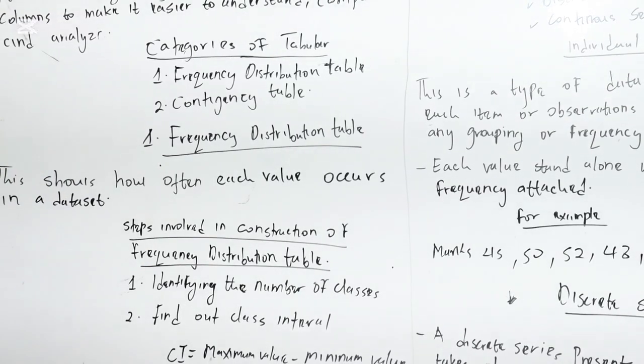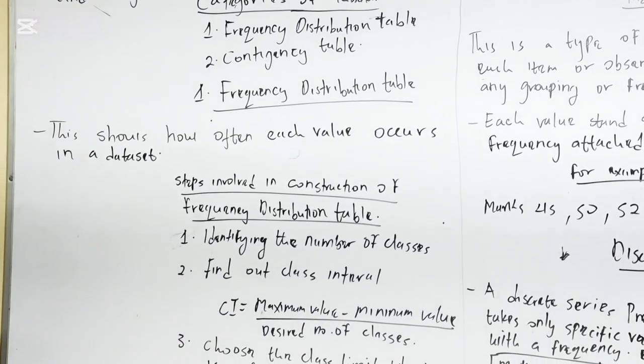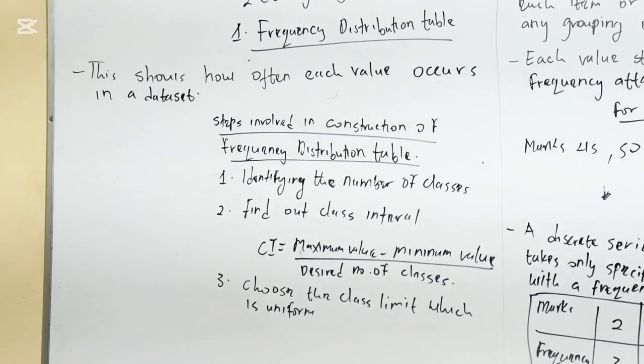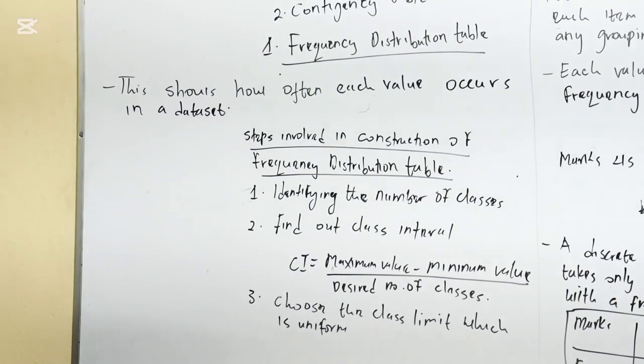Now let's start with the frequency distribution table definition. A frequency distribution table shows how often each value occurs in a data set, how often a value occurs in a data set. For example,